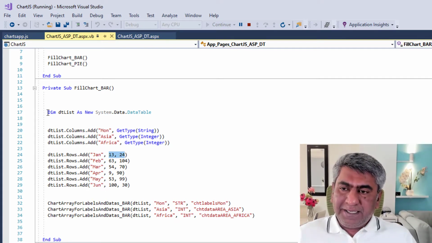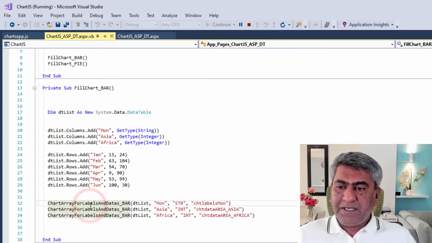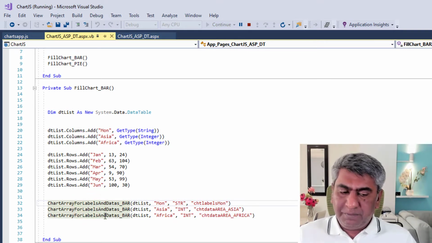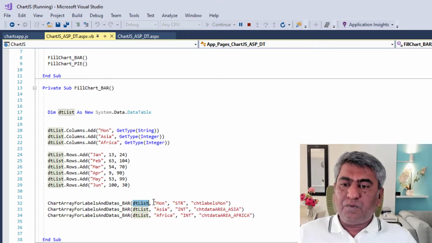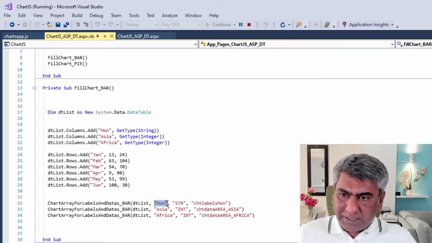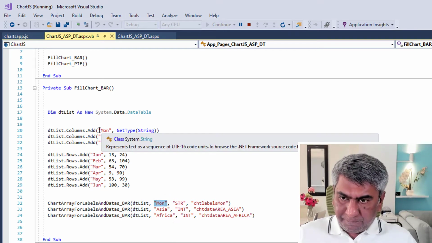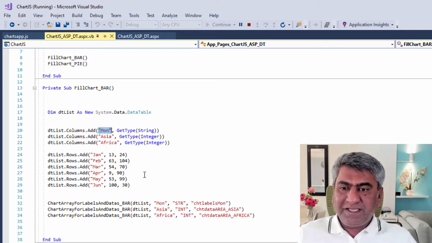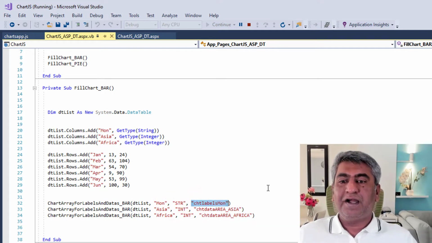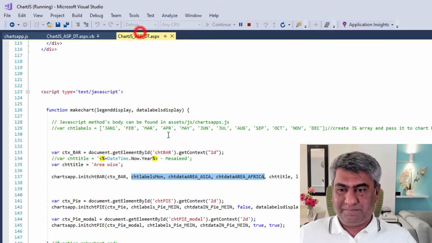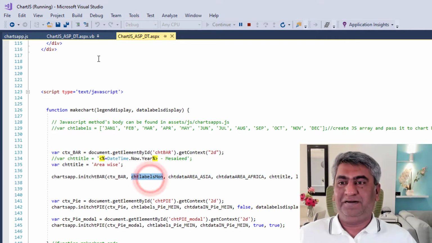After getting a data in the data table, we have to write one function where we will pass data table and what is the column name, whether it is a string or an integer, and what is the JavaScript variable name, this one.